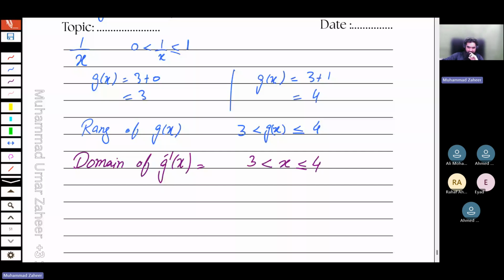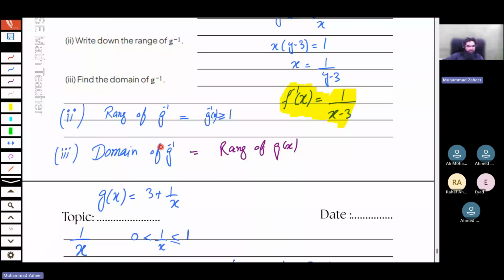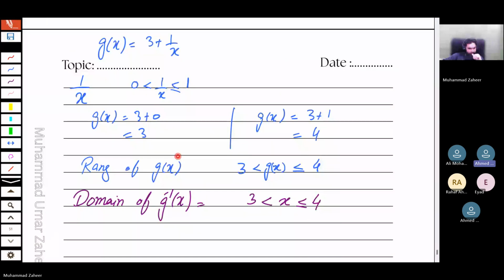Yes, everyone. Any question? Yes, Rahaf Ahmed, AR, Ahmed Muhammad. Yes, Mr. Clear. Mr. But Yes. the